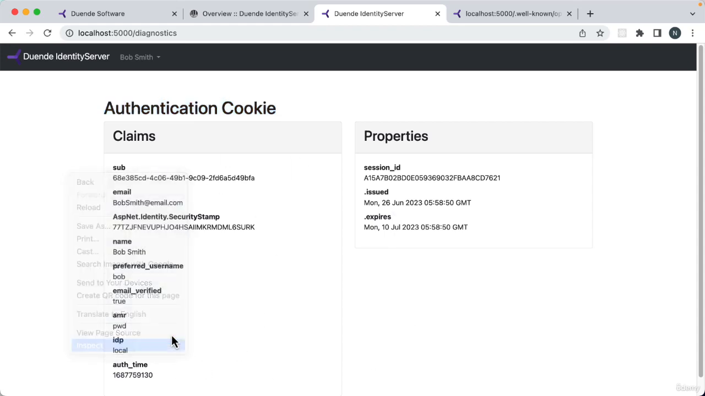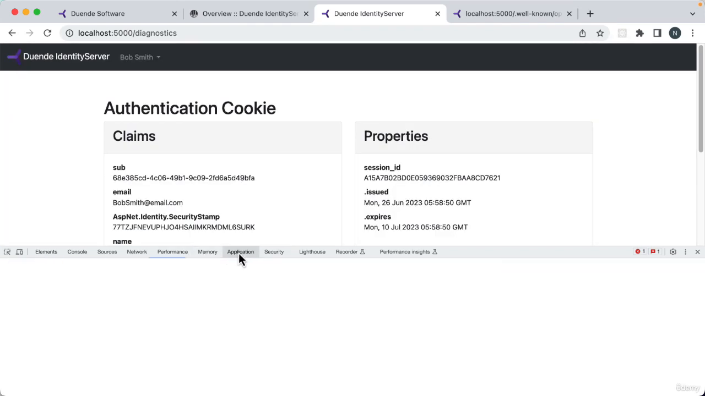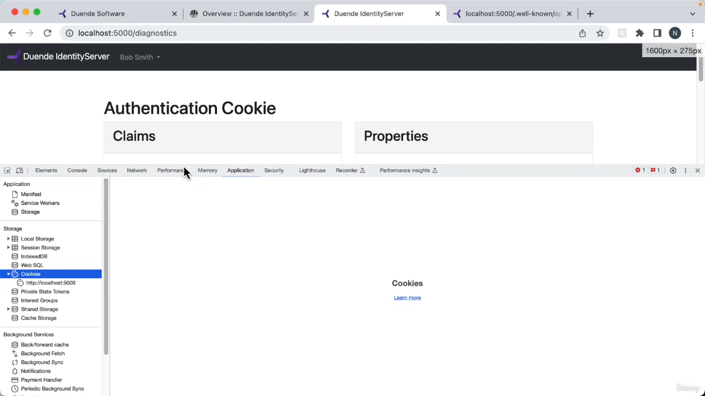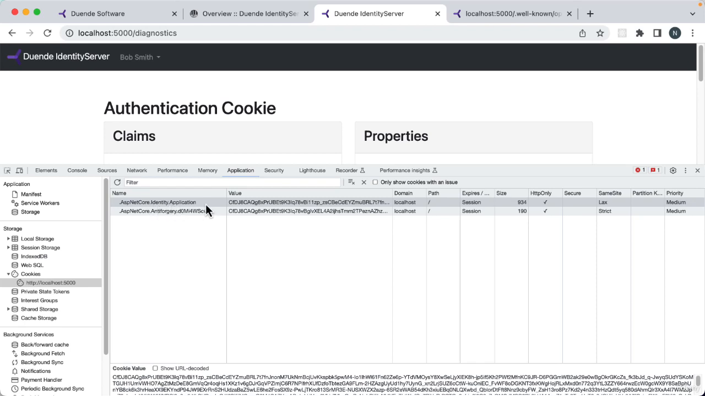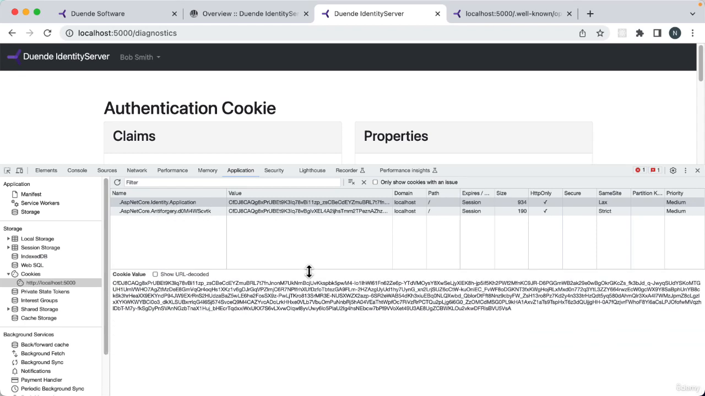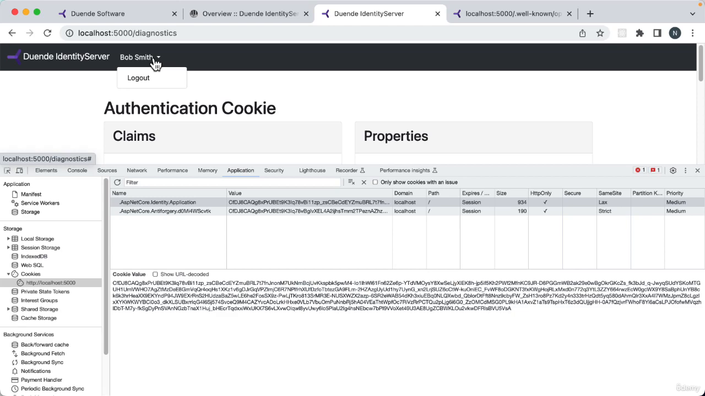If we take a look at the console inside Chrome and take a look at the application, then inside here, what we will see inside our cookies is we've got an ASP.NET Core Identity Application cookie. And this is encrypted stuff. We can't make any sense of this. And that's the value of what we get back from Identity Server. So it recognizes we have a session with Identity Server. And we've also got an anti-forgery token here as well. If we log out, we'll retain the anti-forgery token, but the identity one will disappear, and I'll just click on Bob Smith